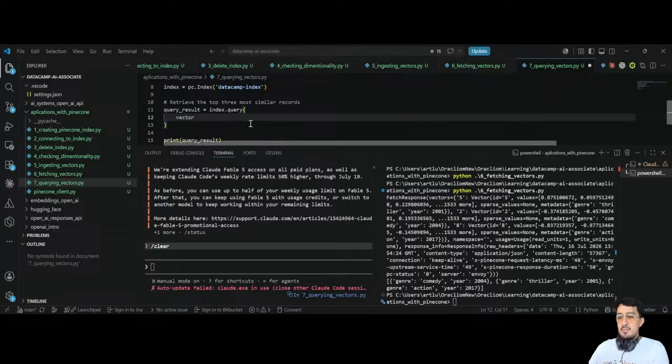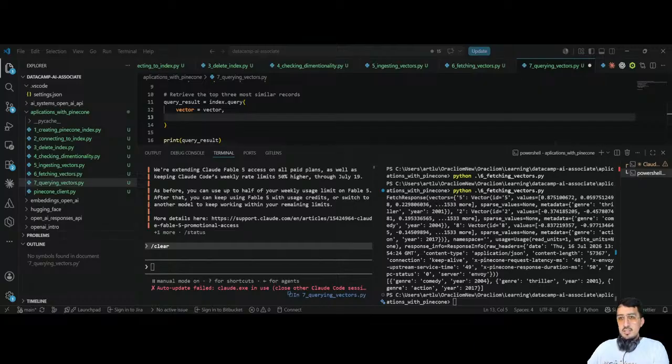One of the properties is vector, that is going to be vector, and let's take a hint. For top k, because we need to retrieve 3, it's just 3,